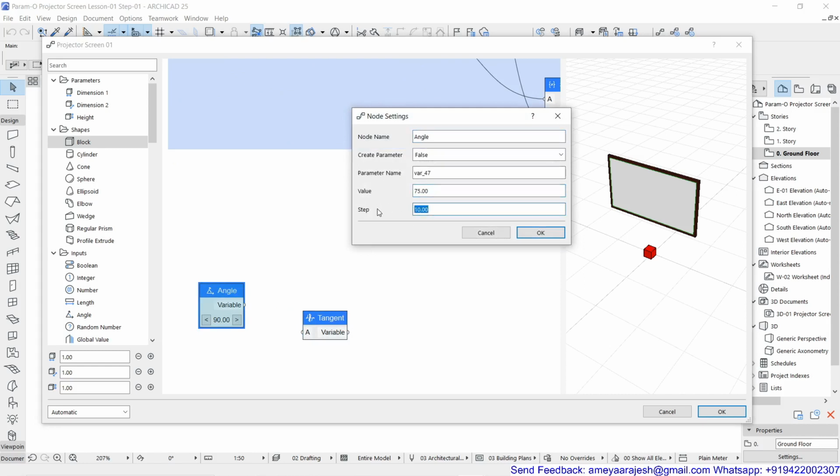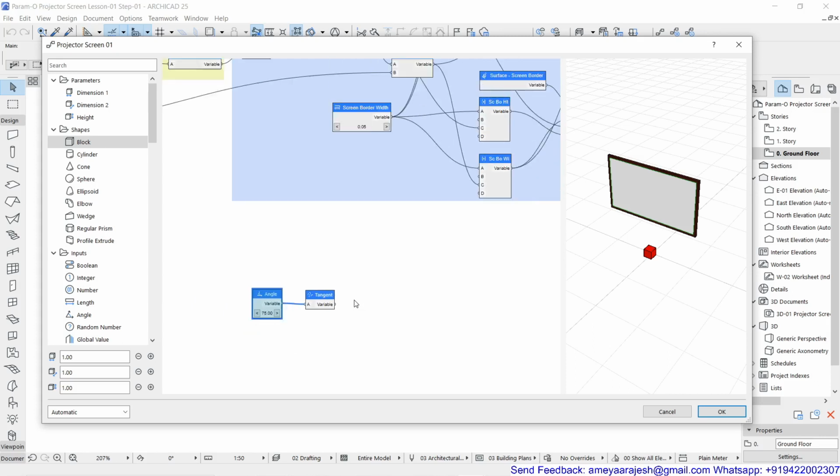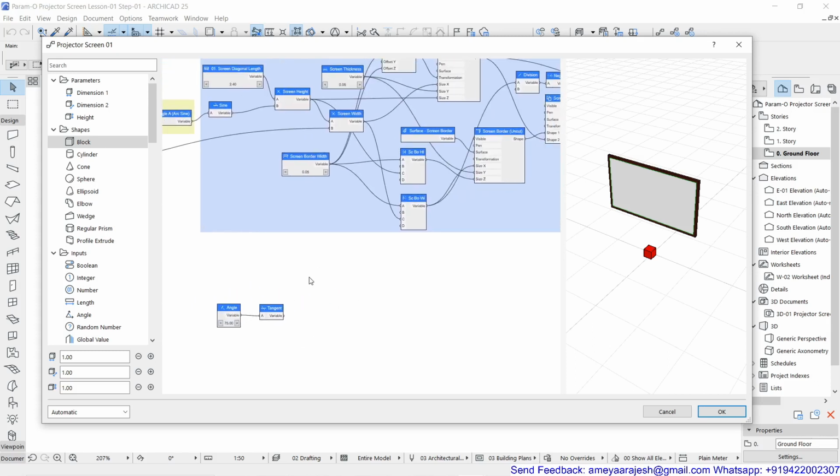Any increment step, whatever you find comfortable, you can go for. That's optional, you can type the value also. This 75 will be your tan theta, the tangent for the value 75 that you want to generate. Apart from that, the next field was half width of the screen.